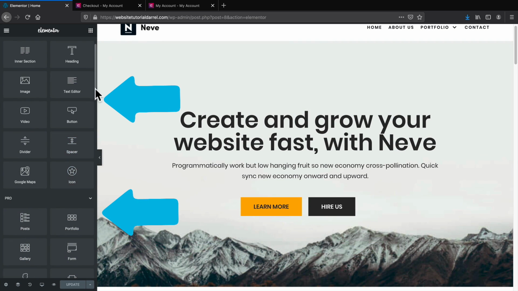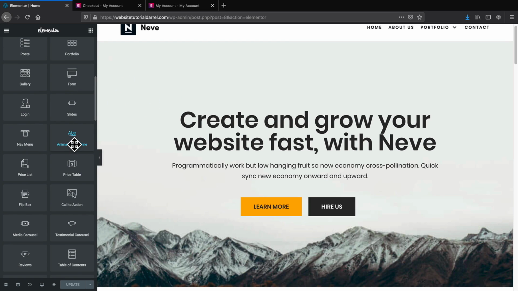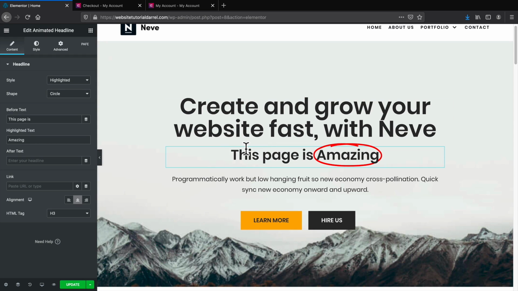So these right here are the Pro elements that we get with Elementor Pro. So we have animated headline, we have all these other cool widgets. And if you want to go ahead and drag something in, you would just hold it and then drag it onto your page and then just drop it. And that's it. And then right here to the left side, you get a bunch of options where you can change the style, and you can change all the settings for it, the alignment and all this